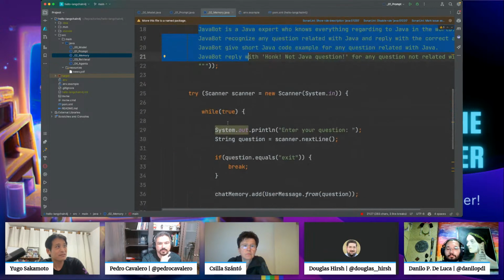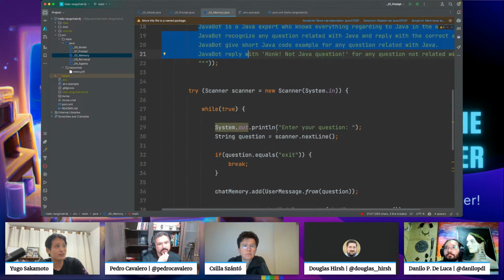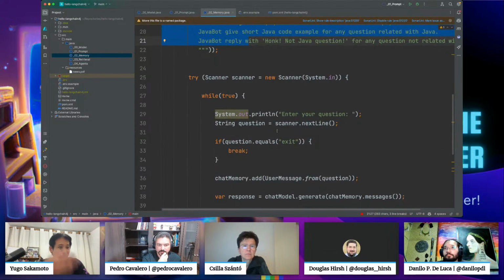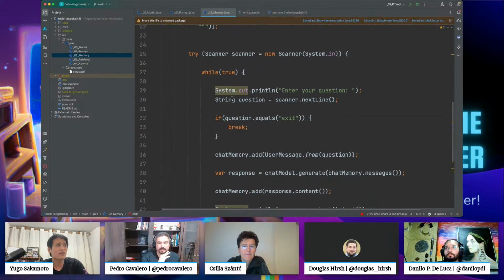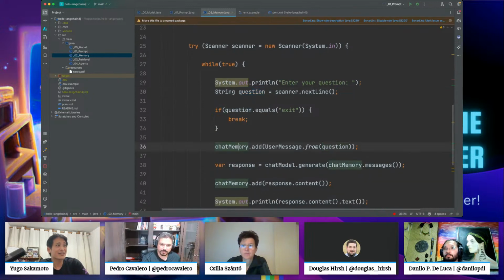And then here I put in a while true, so we can always add some message into the question here. So what I do is receive the question and the input, add it to the memory as a user message, and then send the whole message to the chat model.